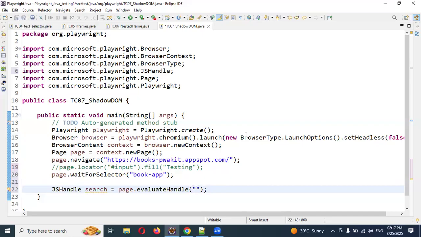JavaScript path, what we need to pass, basically a document. By default, document will be the complete page, and then we are going to provide the query selector. What a query selector can do, here there is a query selector. This is the app book, my root directory. I'm passing the root directory here. Okay, then I need to pass for